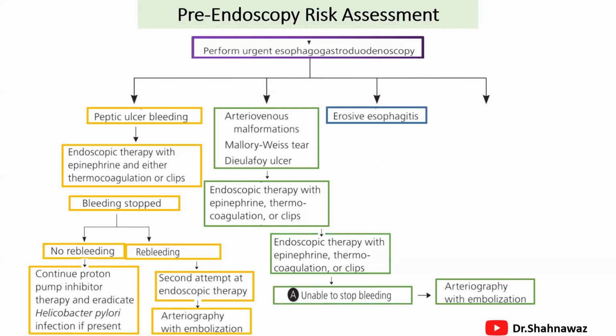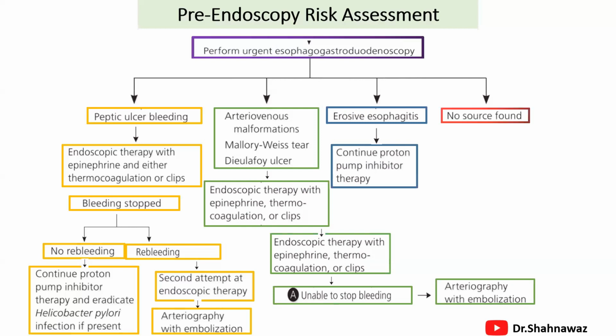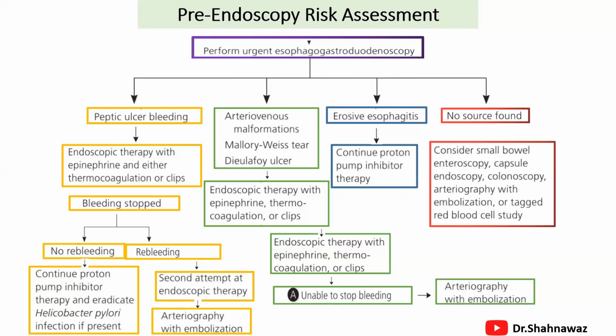And if we see with esophagogastroduodenoscopy that there is erosive esophagitis, we just continue PPI therapy and no further assessment is needed. And if we don't find any source of the bleeding, we consider small bowel enteroscopy, capsule endoscopy, colonoscopy, arteriography with embolization or a tagged red blood cell study. All these studies or therapies are considered to find if there may be some other cause, like in the small bowel, we may have ulcerative colitis or similar conditions that are causing the